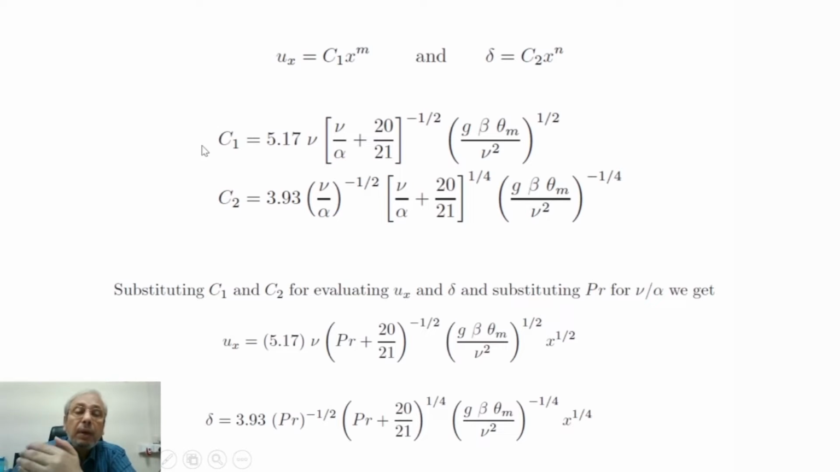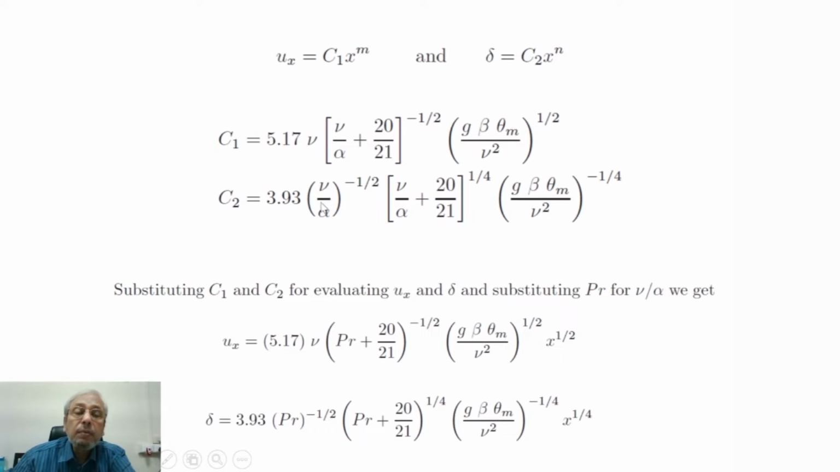And then from our fundamental understanding, we derived C1, which was found as 5.17 nu within bracket nu by alpha plus 20 by 21, entire quantity to the power minus half, times g beta theta m, where theta m is the maximum temperature difference, TW wall temperature minus T infinity, divided by nu square, to the power half, and C2 is